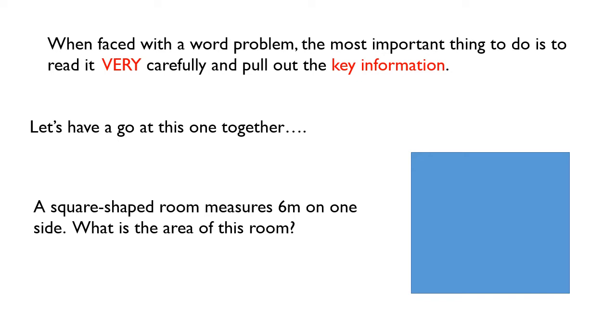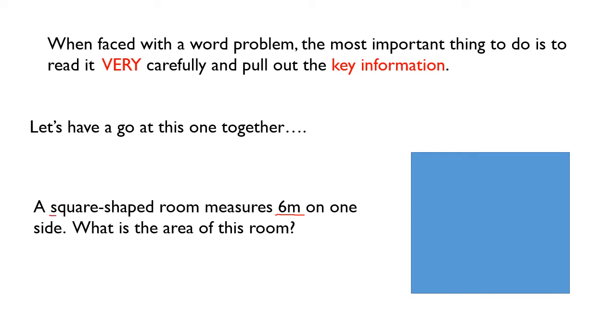So let's have a think. What is the key information from this question? I'll give you a little minute to think about it and then we'll work it out together. Okay, so let's have a think about the key information in this question. So a square-shaped room measures 6 meters on one side. What is the area of this room? So the things that jump out at me are 6 meters